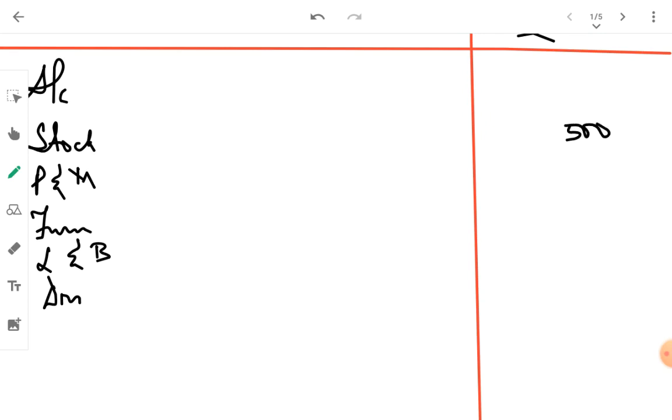500, and then value of plant and machinery is rupees 1000, and then for furniture and fittings it is rupees 200, and then in case of land and buildings rupees 800, and on debtors rupees 550. Now you may also opt to write these values in the inner column like so, and if you write